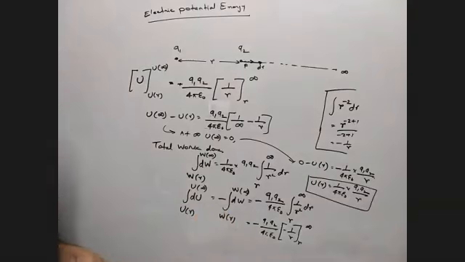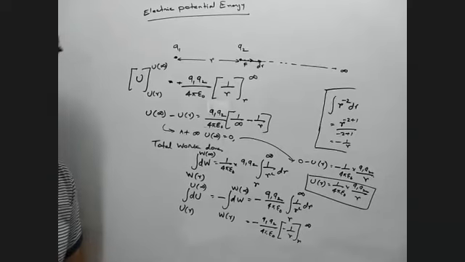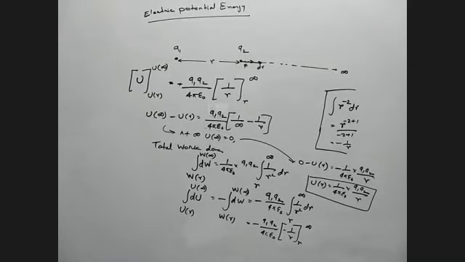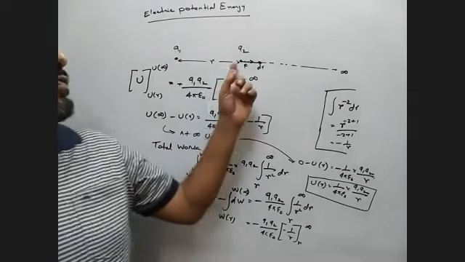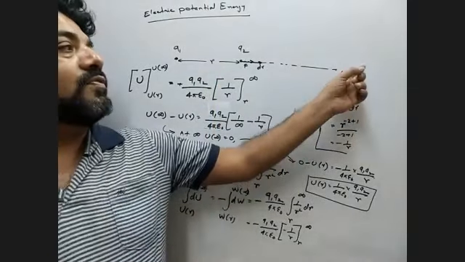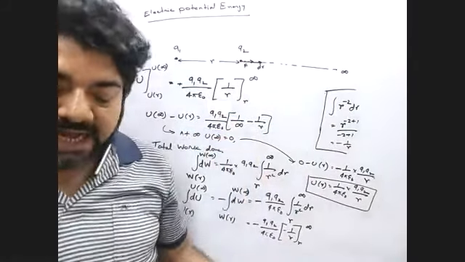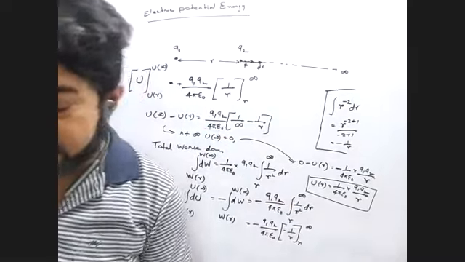Is it okay, everyone? Yes, sir. So you can note it down from here also, and I will give you that video also, if you want to note it down from there. You can express it in two ways. Another way is that instead of moving from r to infinity, you move it from infinity to r, and that work done is the potential energy. Is it okay?